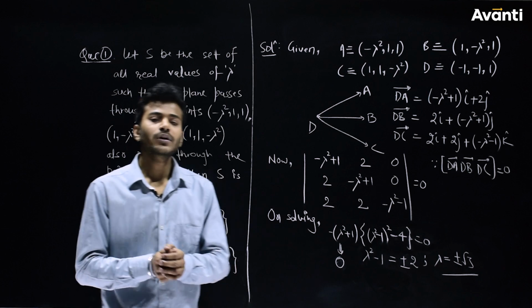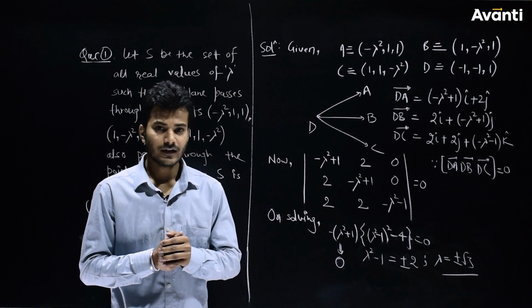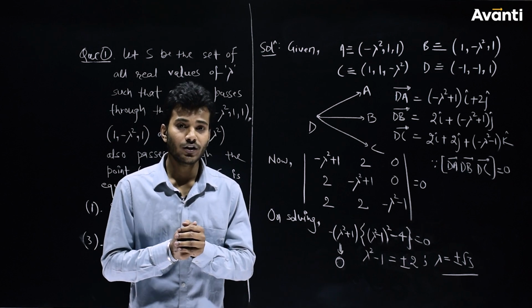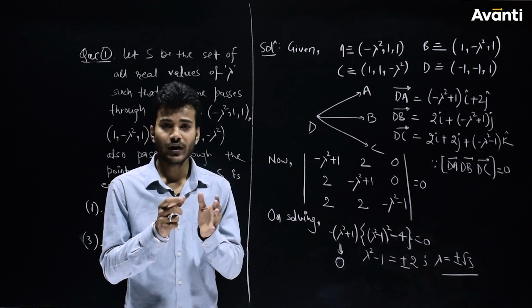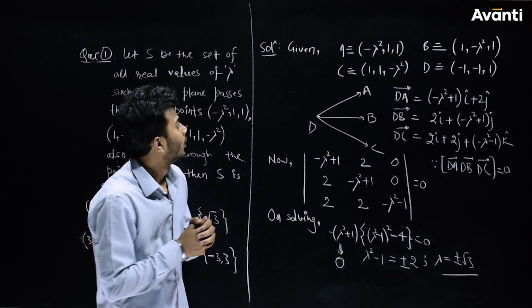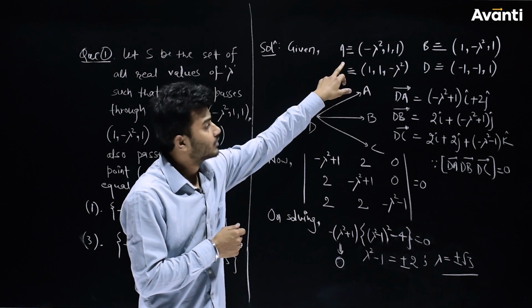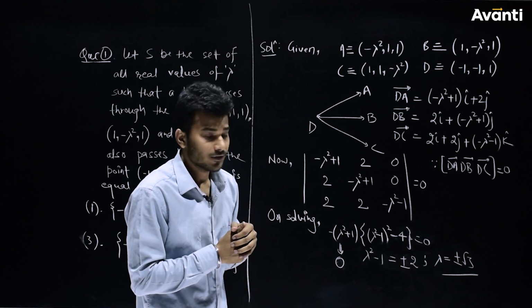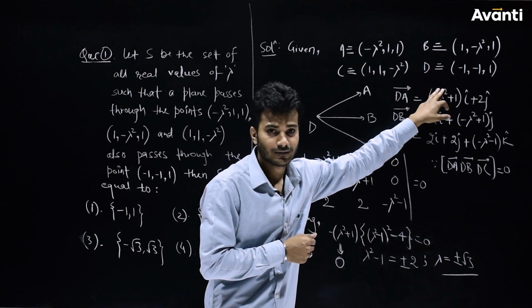Now what we need to do in this case is, as we are given 4 points in a plane, this problem is actually equivalent to finding any 3 vectors by joining all these 4 points in a plane, isn't it? Yes. So let's see the solution. We have assigned point A, which is (-lambda, 1, 1), and so is B. This is C and this is D.